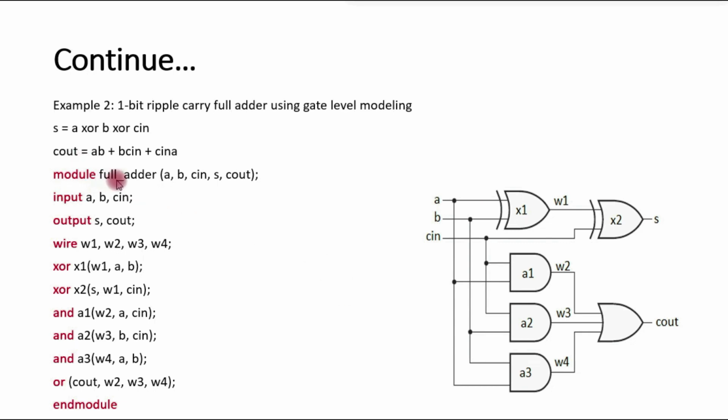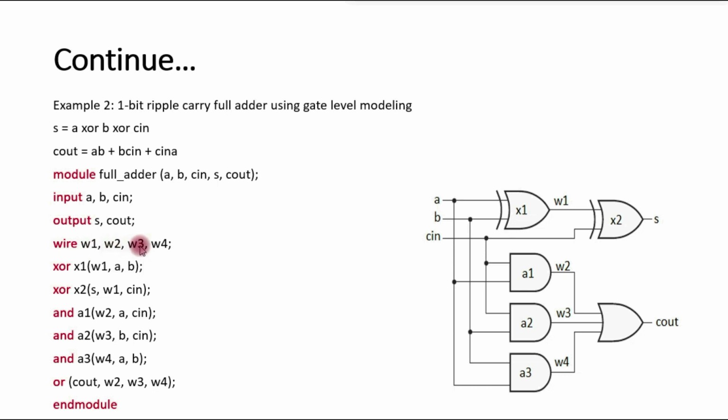Module keyword, module name full underscore adder, input A, input B, input C in, output sum, output carry out, that is C out. Inputs are A, B and carry in, C in. Outputs are sum, S and carry out, C out. So there are four intermediate terminals: W1, W2, W3 and W4, and these four intermediate terminals should be continuous driven. Whenever a change occurs at the input side, then immediately this change should be reflected at the output terminal. So here we are declaring these intermediate terminals as the wire